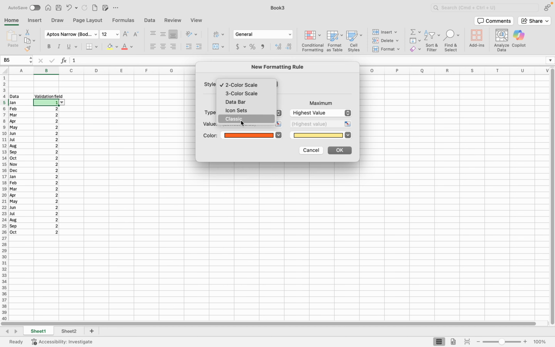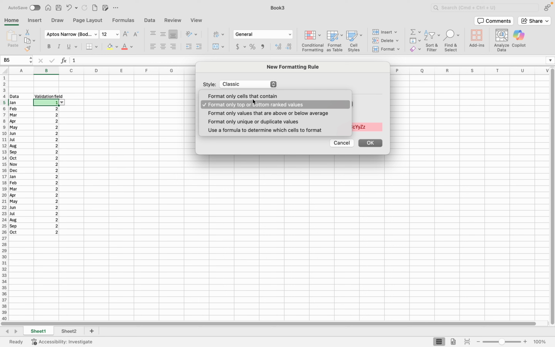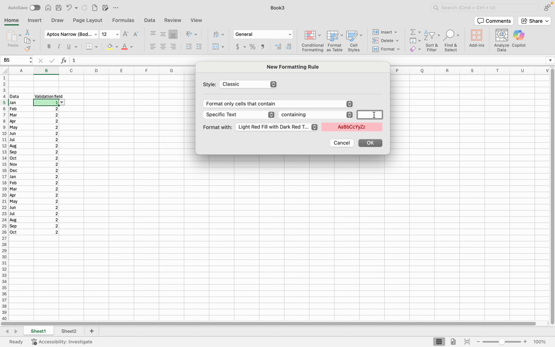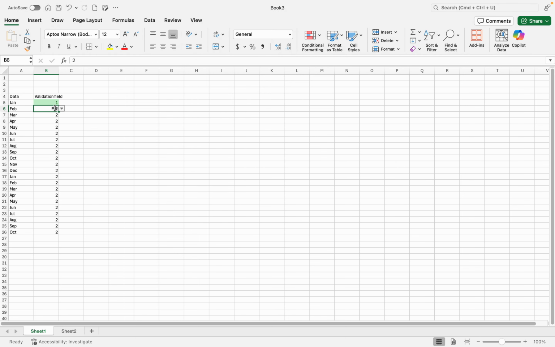And now I'm going to put the conditional formatting to any cell that has 2. So I want format cells that contain, I'm going to enter the number 2 and hit OK. So any cell that has 2 will now be red once I copy the formatting down. So 2 will be red. All right, so now I have 1 is green, 2 is red, but now I want to